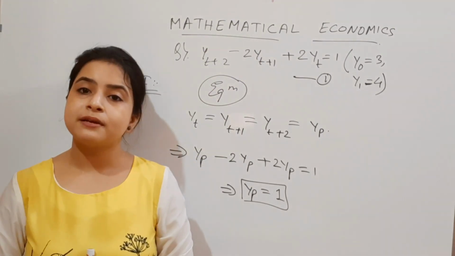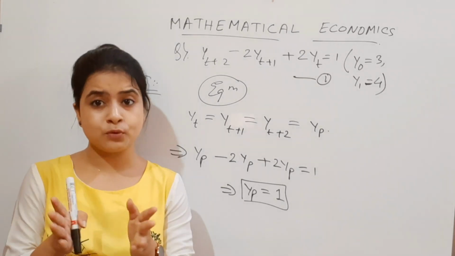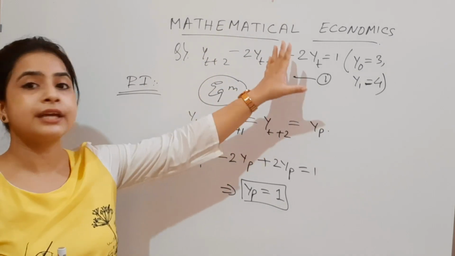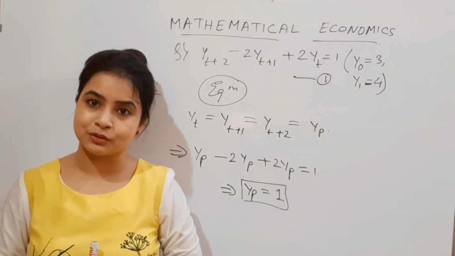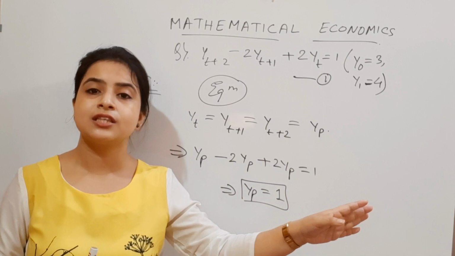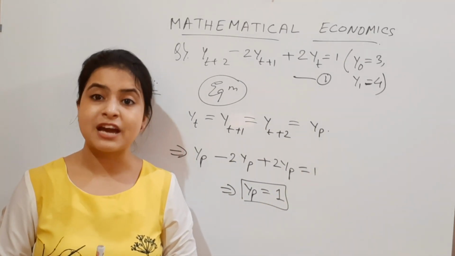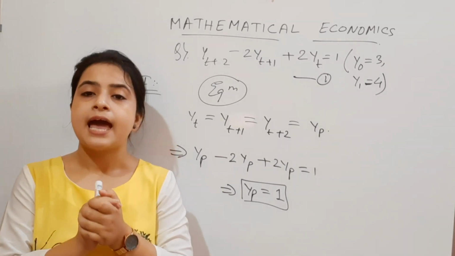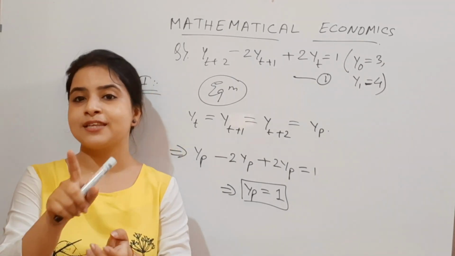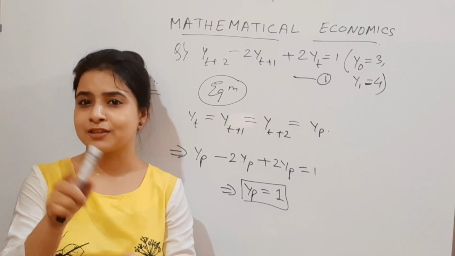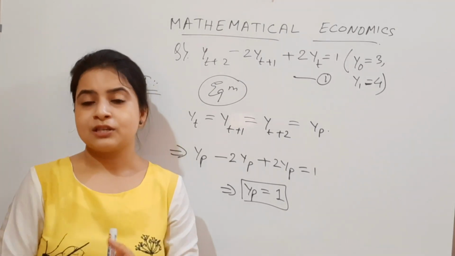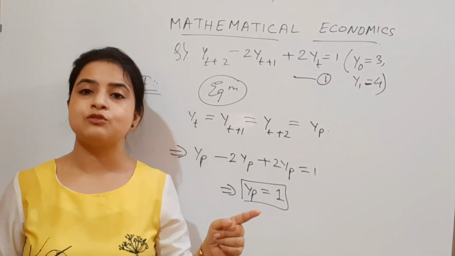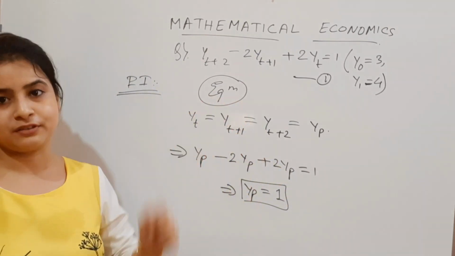Now for the complementary function, I hope you remember that we have to take up only the homogeneous part of the equation, right? That means nothing on the right hand side of the equals sign. We have to make it 0. That means we are just taking up the homogeneous part. And also one more thing we have to take up in the complementary function. Can you recall that? Absolutely right. We have to take up a trial solution. And on the basis of the trial solution, we have to find our complementary functions.